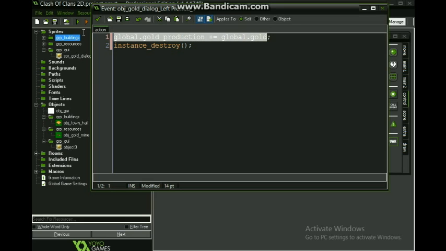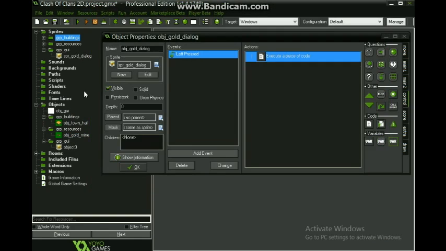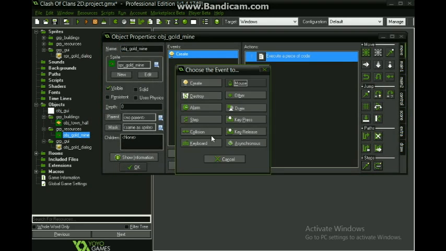I think that is reversed: global.gold plus equals to global.gold production, which means we transfer all of the gold production, which the gold mine produced, and convert it into global.gold, which is in the GUI. So I hope you guys get it.